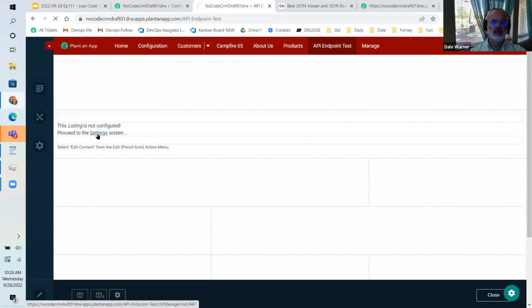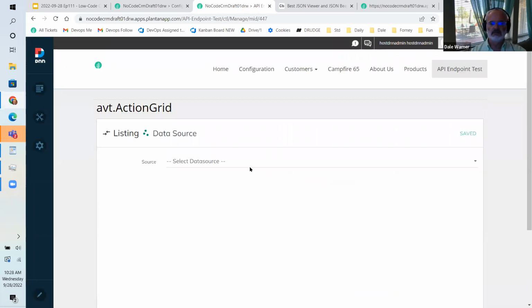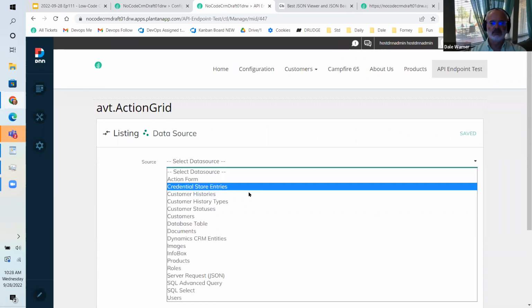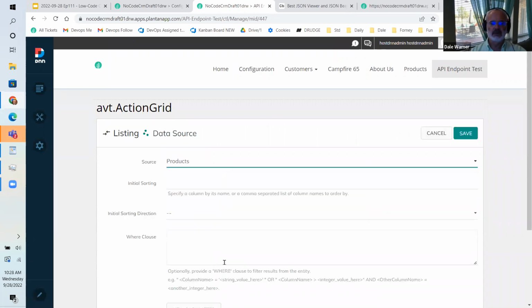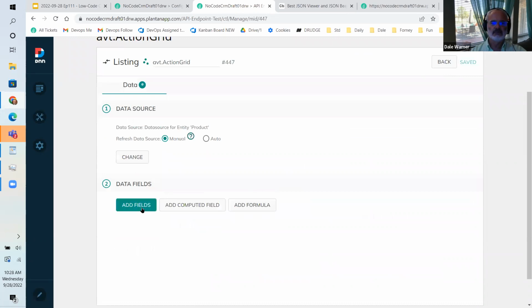The classic way to get the information back would be to go to the settings screen and to choose products as a data source. It would pull it from the database,